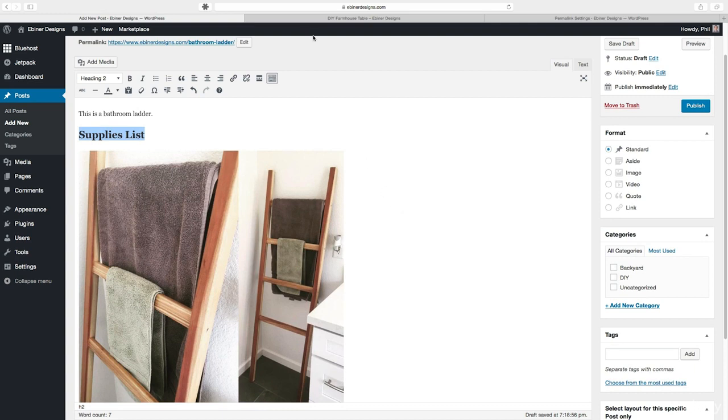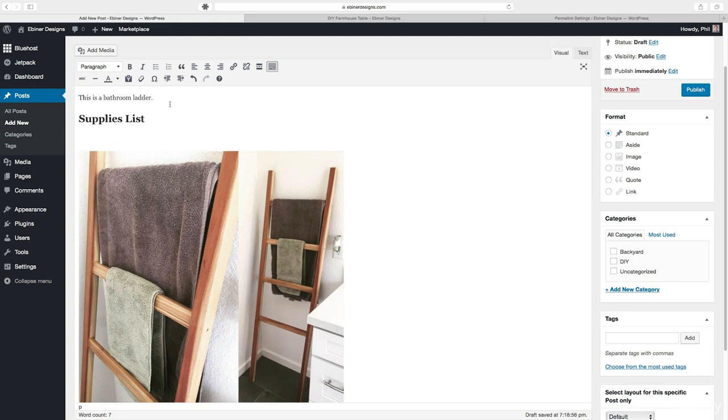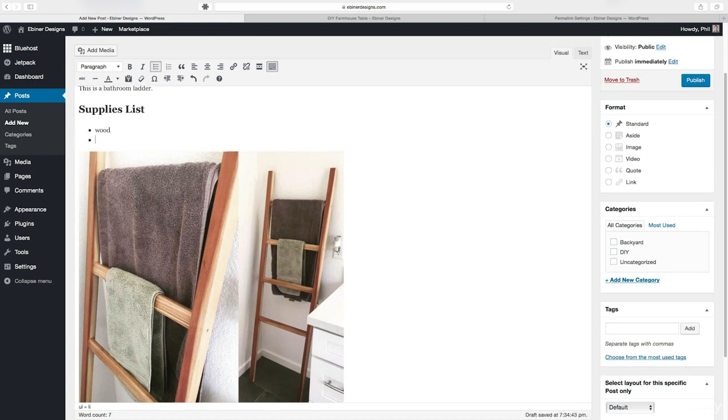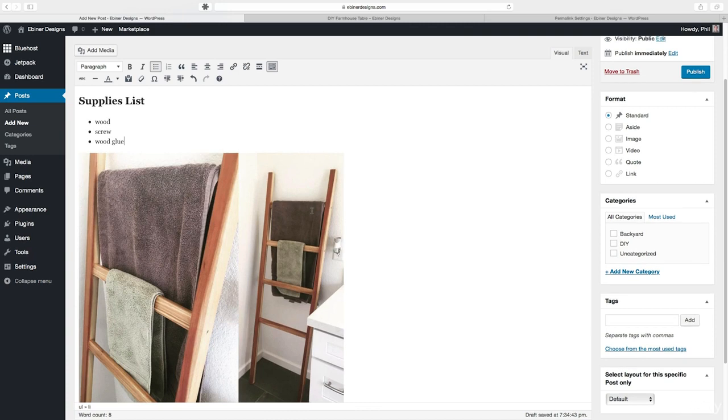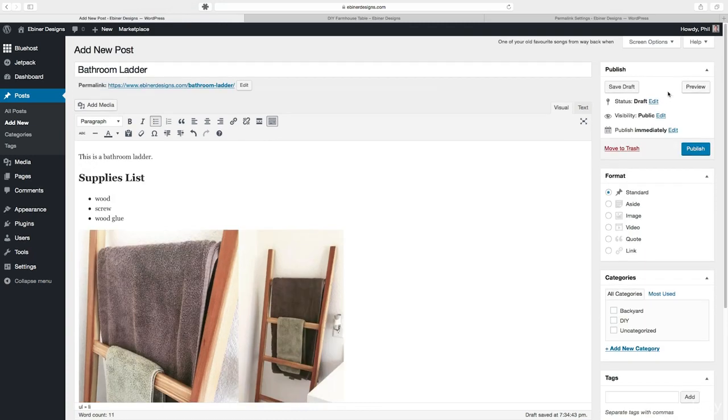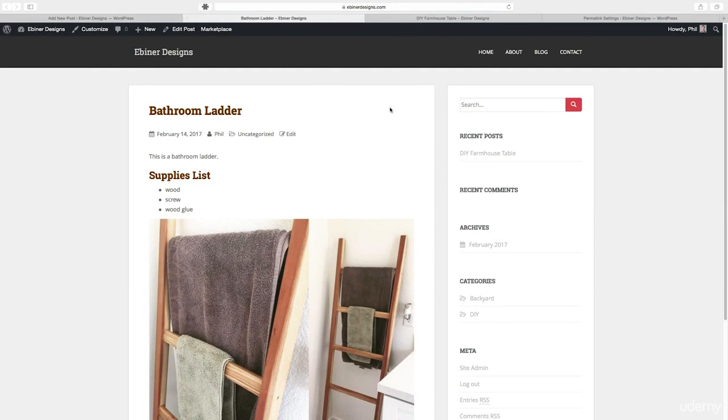So search engines actually see which words are in your headings and use it to make your posts appear in search. So if we want to add a list of supplies, we can just click the bulleted list and add your supplies. Now I don't have the exact list of supplies right now, but I can just make a short list. And so if we preview this, it's going to open up our blog post in a new tab and we can see what it looks like.